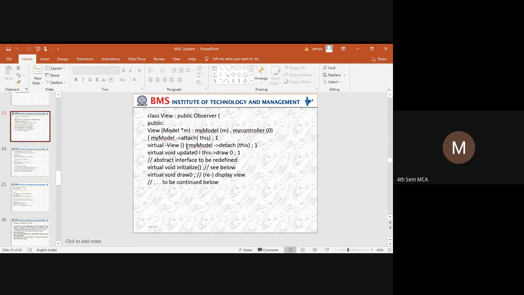To create that view, whatever the current view is, it has to remove the current view. It has to detach from that, so it will invoke the detach operator, which will point to the current object. Then it will move to the update operation, the virtual update operation. Through the current object, it will consider the current data and draw all the requested views.